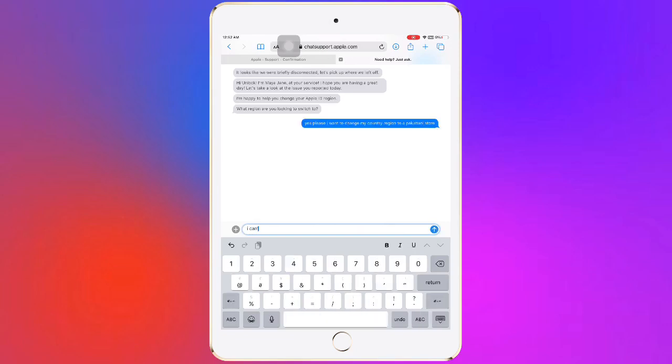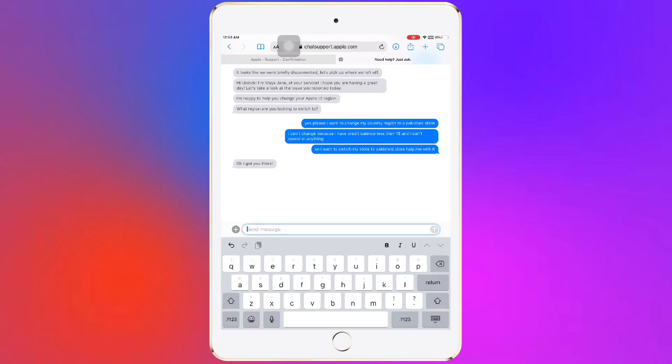Let them know which country you want to change to. Now just wait a few minutes, and they will let you know when you can change your App Store.